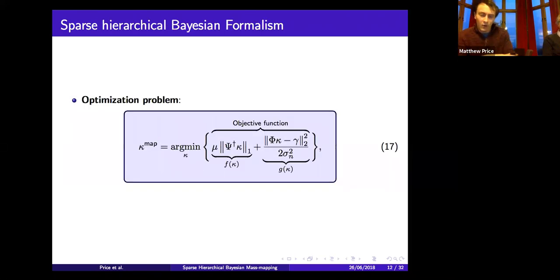So with that prior and that likelihood, minimizing the negative log posterior simply gives you this objective function. Like I just mentioned, if the posterior is log concave, then this objective function, which is basically the exponent from your posterior, forms a convex problem. So you can solve for your MAP solution very quickly using highly optimized convex optimization algorithms.